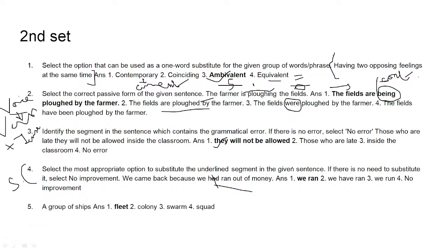The next one is number 5 and that is a collective noun. That is why even collective nouns are so important, right? A group of ships is called what? A fleet, colony, swarm, squad. So the right answer is fleet because we say a fleet of ships and you don't have an option other than remembering. See, everything doesn't have an explanation because these are collective nouns and nouns are just words, a stock of words. Nouns are names basically.